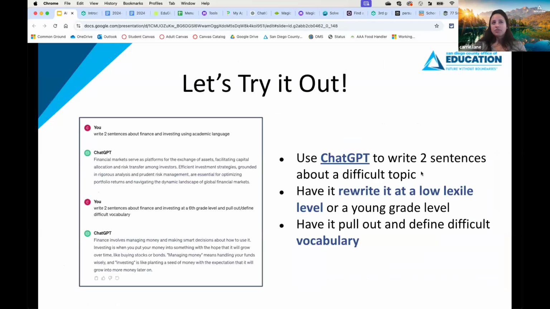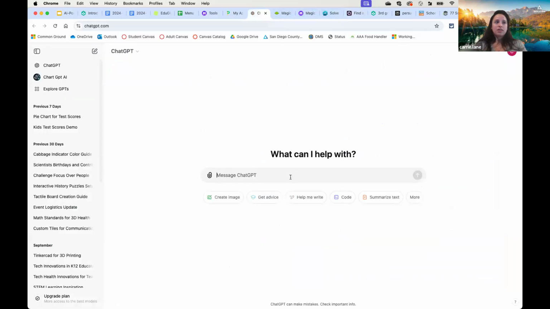And I did show you on Perplexity a little bit about how you can take something from one AI and use it in another AI. And this other thing that I want to show you is one thing that you can do with pretty much any AI that you are using, whether it's Copilot or Perplexity or ChatGPT, which is just if you have something that you want to adjust.